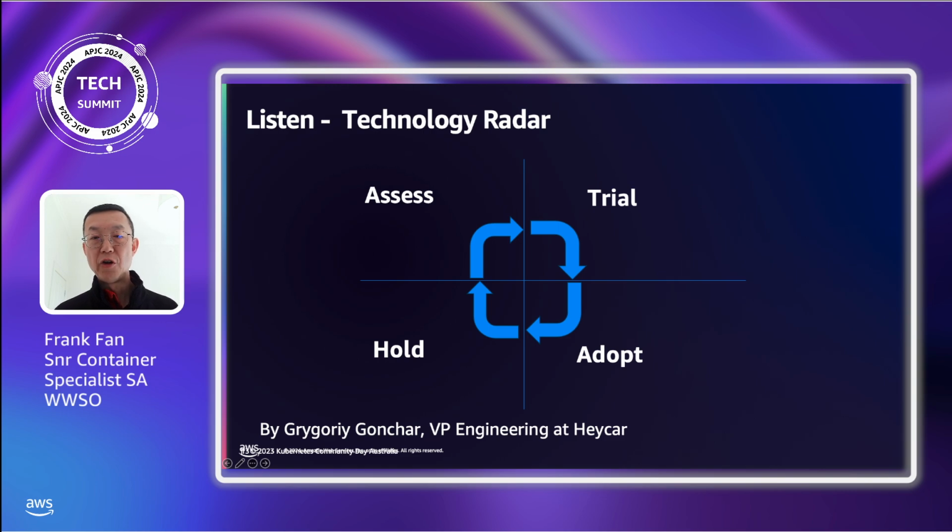There are 4 areas. So each stage have a different meaning. For example, the life cycle of the adoption could start from assess, POC for trial, and decide to adopt. But when you revisit that, maybe you need to put that on hold if something changes. So at a later stage, we'll refer to this technical radar to determine which stage the new solution fits into and understand its implications for the other technologies on the radar.